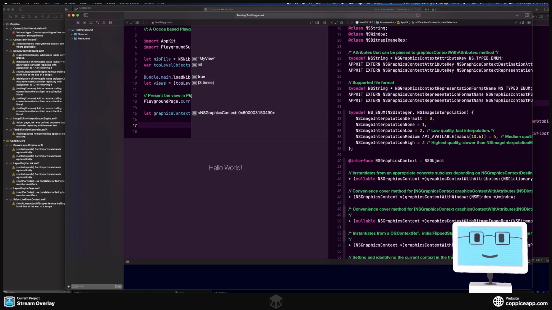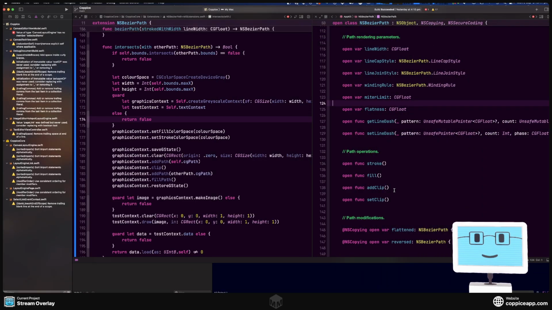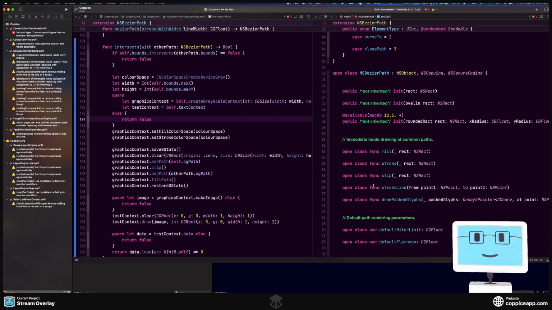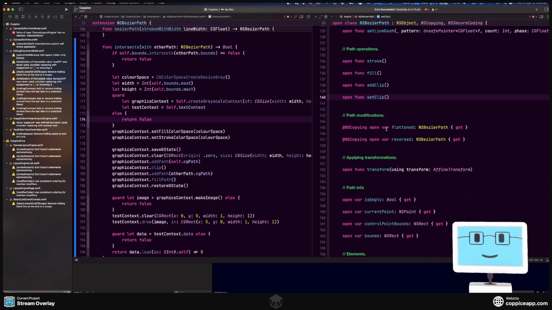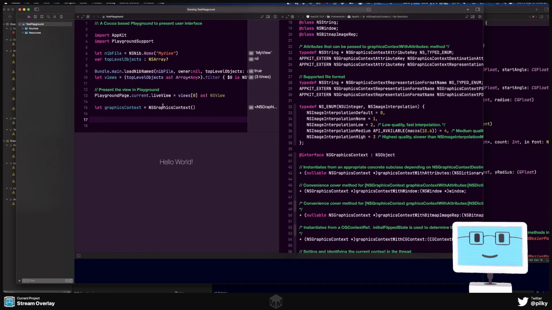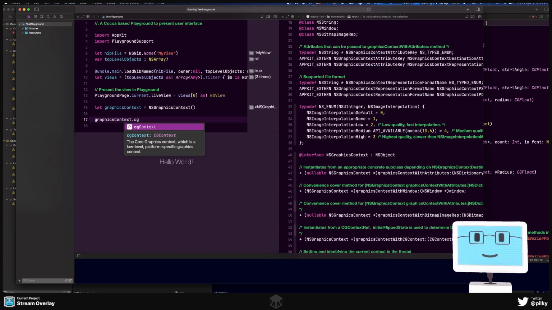Okay, so do we need to get the CG context? Oh, then this Bezier path lets us get the current clip. Okay, so we should be able to do graphics context, that CG context, that